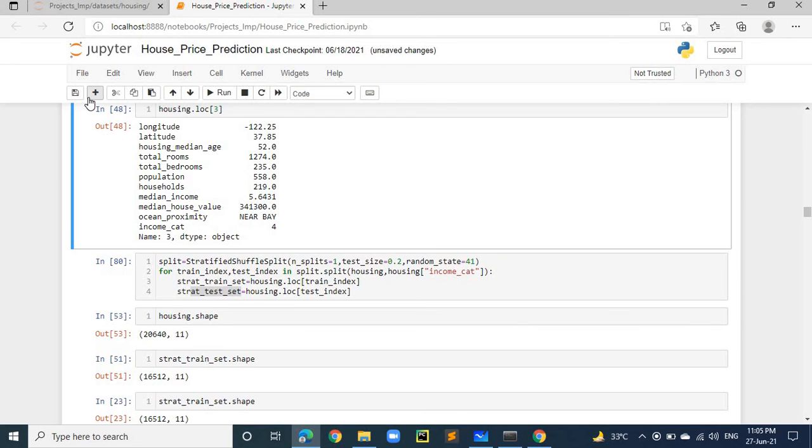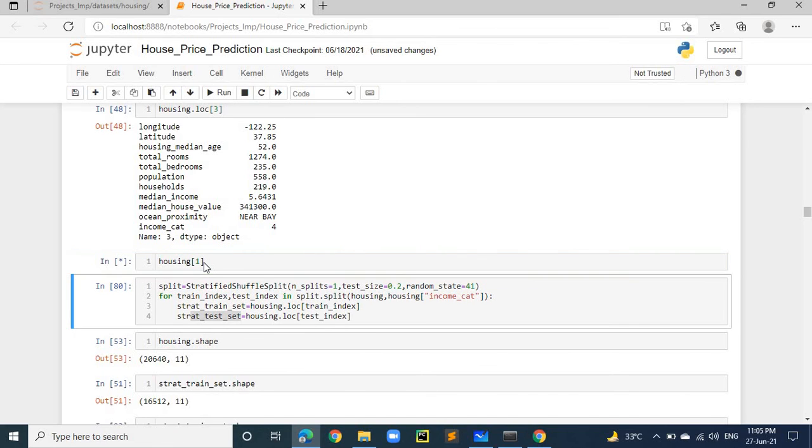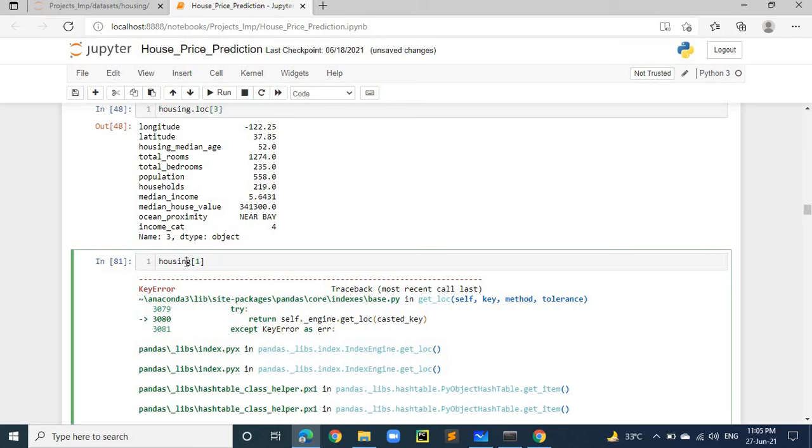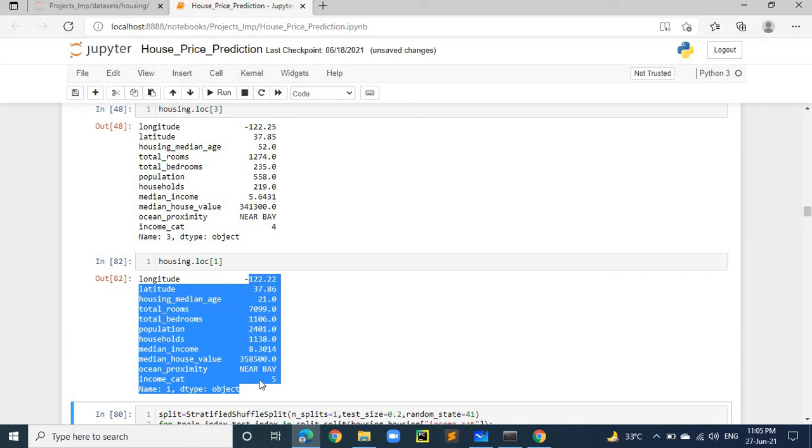If you are confused about the location, let me explain what .loc is. If I take the housing table name and .loc of 1, it will give me the housing table's first record information.